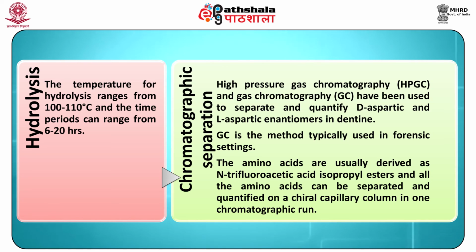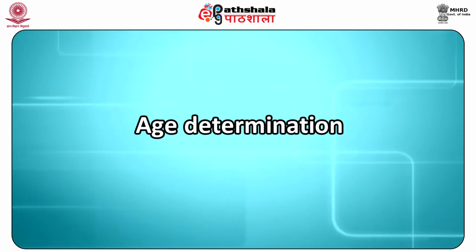The amino acids are usually derived as N-trifluoroacetic acid isopropyl esters, and all the amino acids can be separated and quantified on a capillary column in one chromatographic run. With the help of this, the age determination can be done by the equation where we have got